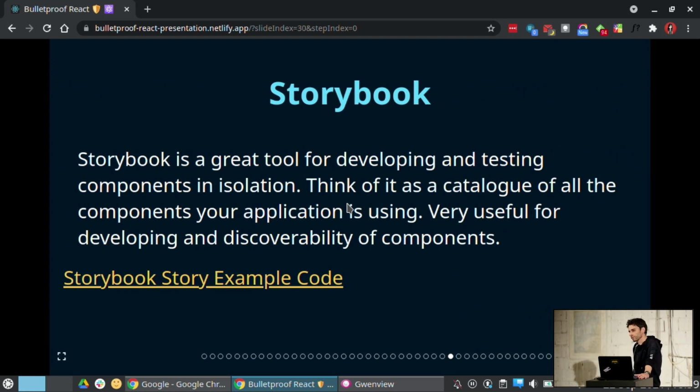And yeah, in order to document these components you created, it is a nice thing to create a Storybook for those. You can think of it as a catalog of the components that your application is using, and it is very useful for developers to develop these components and also for other members coming to the project, so they can easily discover these components, because if they are hidden somewhere in the code they will never know they exist. And also what's good with it is that it comes with good documentation where you can see